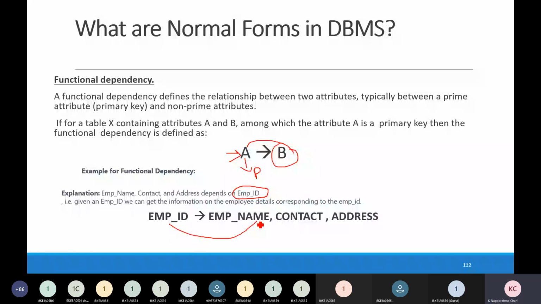Based on employee ID, we can access employee name, contact number, and address. So these attributes are dependent on the prime key attribute. This relation we call a functional dependency.